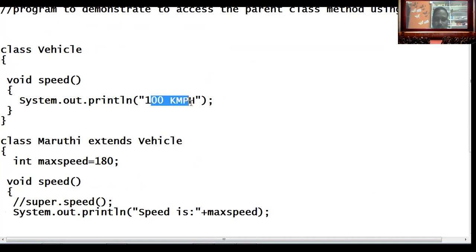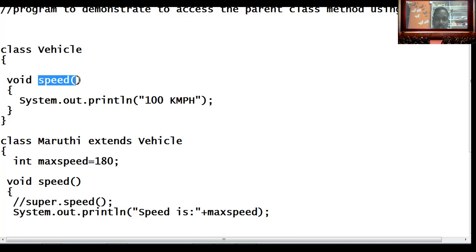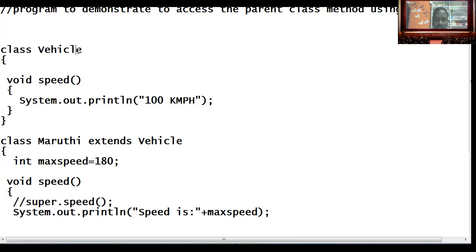But we didn't get the value 100 kilometers per hour. This is the statement which is inside the parent class, Vehicle. System.out.println is a statement which is inside a method named speed, and the speed method is available in the parent class, Vehicle.